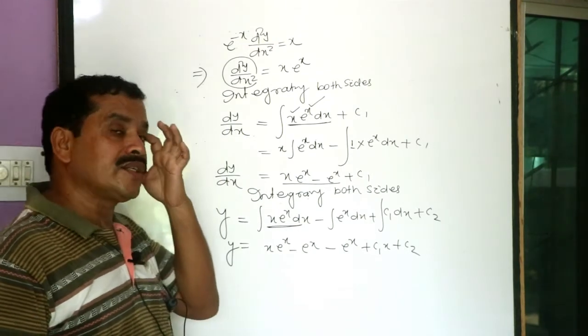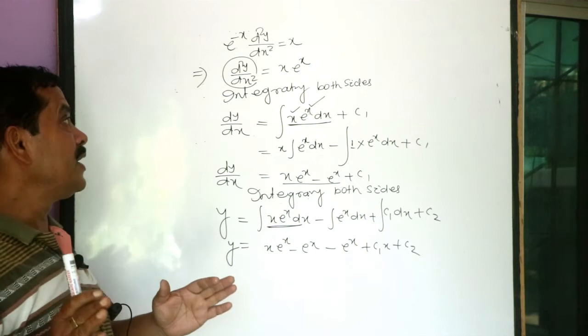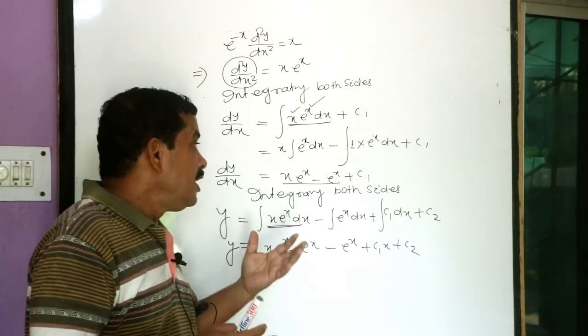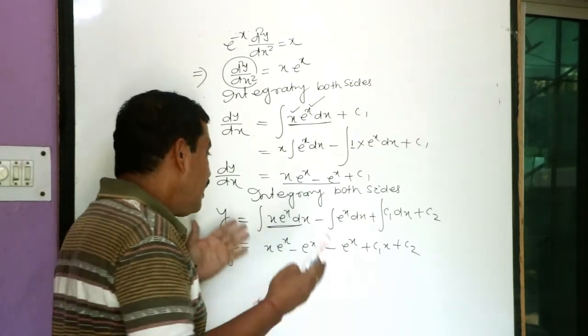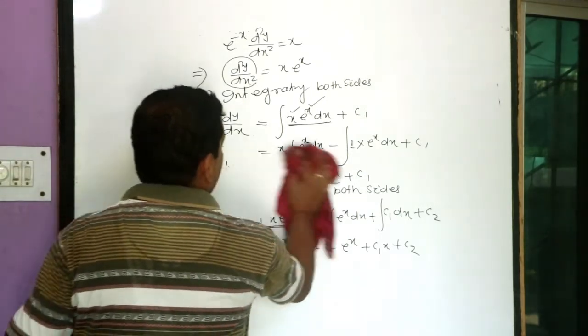If it is a first order differential equation, then we have to integrate once. If the differential equation is of the second order, then you have to integrate twice. If you go through examples in your books, then you can clarify your idea specifically. Next, some more examples.